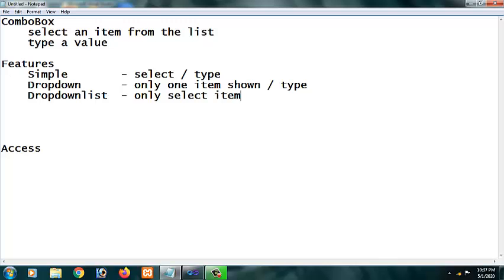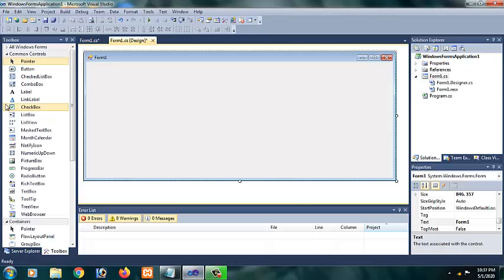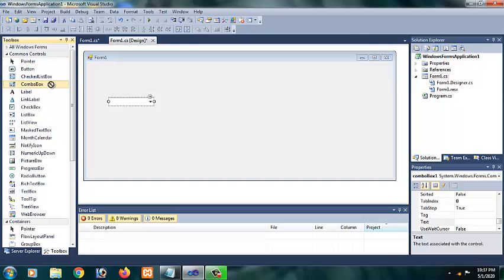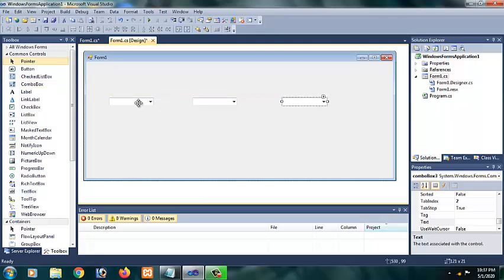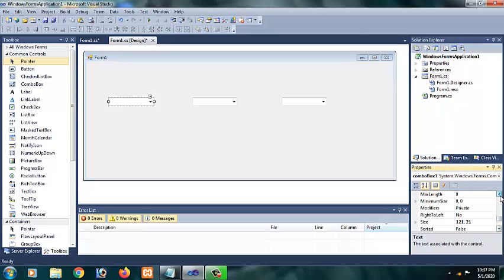Let's see these three features in the form. So I am placing the combo box here. To show you the difference in these three features, I am placing three combo boxes. Select the first combo box, and first let me add the items.